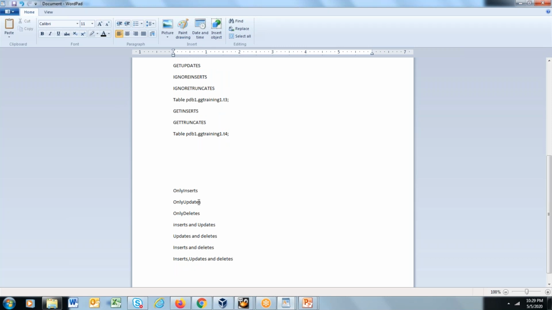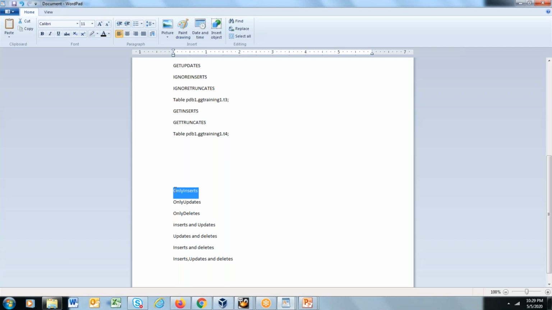So even though you have 10 tables, 100 tables, 1,000 tables, or 10,000 tables, you will have to group together the tables which have the same requirements. Say for example, table T1, T21, T30, T45, T50 want to capture only inserts. So you will give get inserts and ignore updates, ignore deletes, and then you will give T1, T45, T50, whatever tables you want, for the inserts.